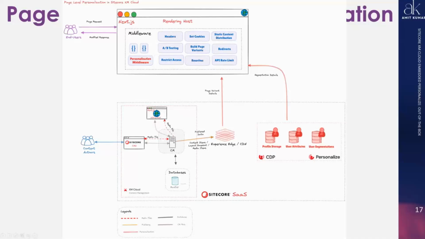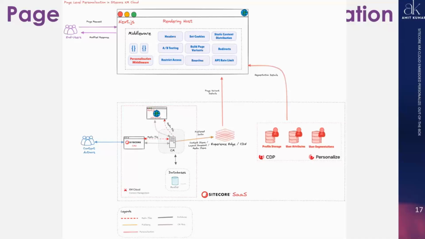So whatever data is required to render any page, that data will be dumped as static into the Sitecore Experience Edge. And you will have a rendering host. Rendering host is nothing but a front-end app. That's why we are naming it a rendering host, and the app which is used by the pages editor or the experience editor is called the editing host. Why? Because it is being used to edit the content in the CM. And here you are seeing the CDP and personalization, like profile storage, user attributes, and user segmentation. Those things are coming from the